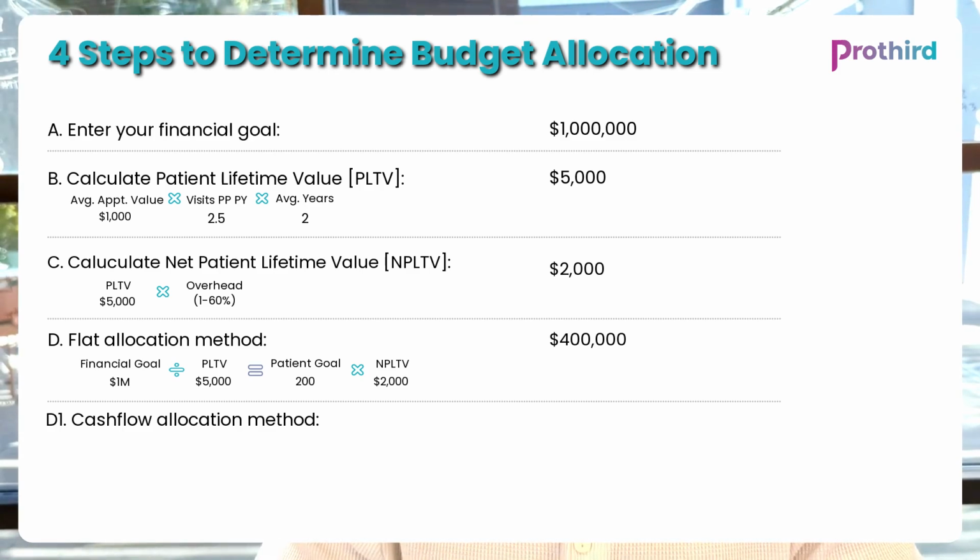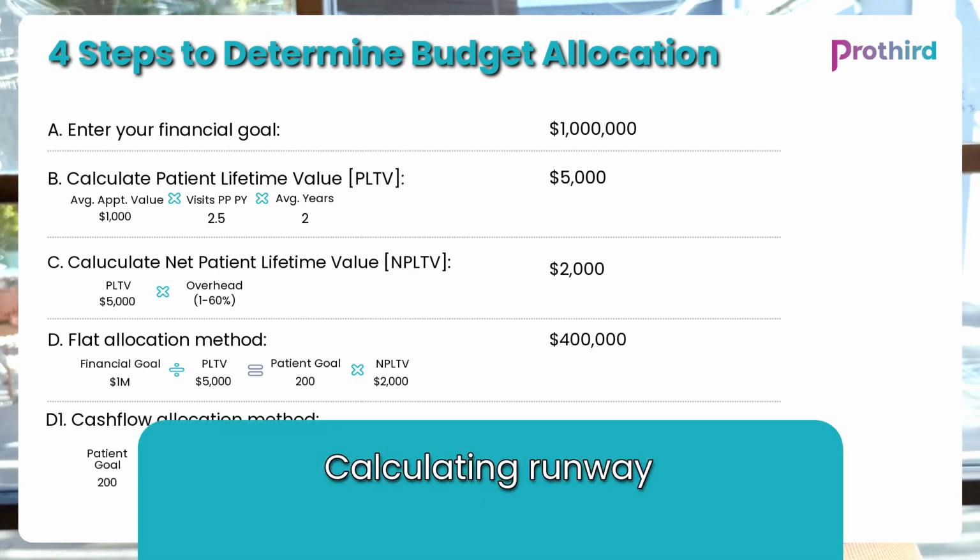First thing we're going to do, we'll take the financial goal divided by the patient lifetime value. And again, we're reminded we need 200 patients to reach that $1 million goal. Now, instead of just multiplying by the net patient lifetime value, we're going to do something a little bit different. Okay. First, let's determine how much runway we actually have. Okay. So in this example, we're going to say that the practice has about 8 months of runway that it can allocate towards its marketing plan before it starts to need to see revenues come back in to sustain its